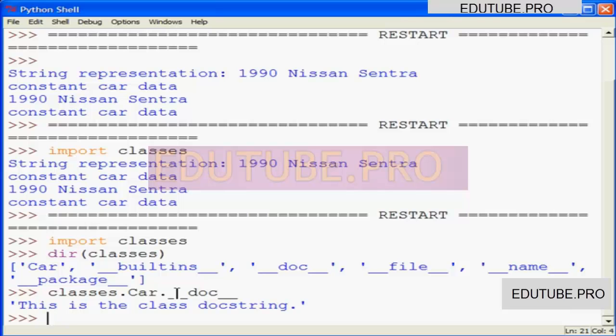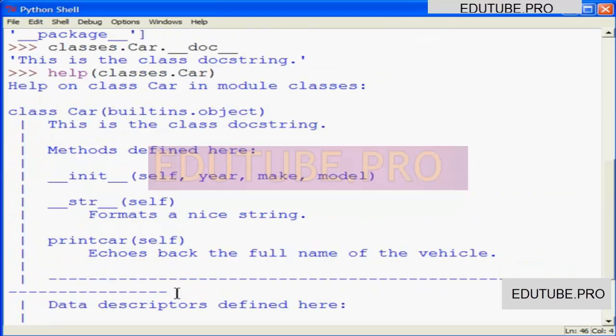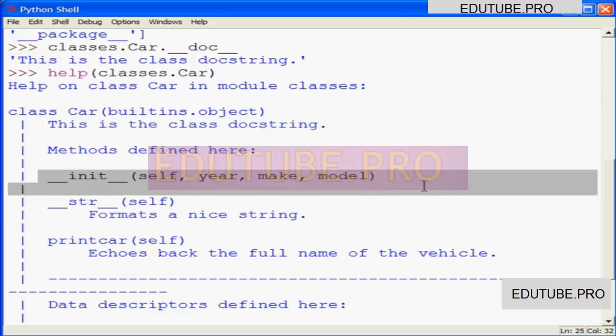__doc__ gives us that. Of course, we could do just the same thing with the help function, which is syntactic sugar for the __doc__ magic method. That actually gives us more information. Running help on classes.Car gives us the class docstring, gives us our methods, __init__, __str__, and print